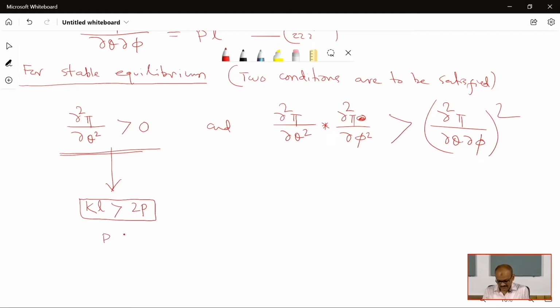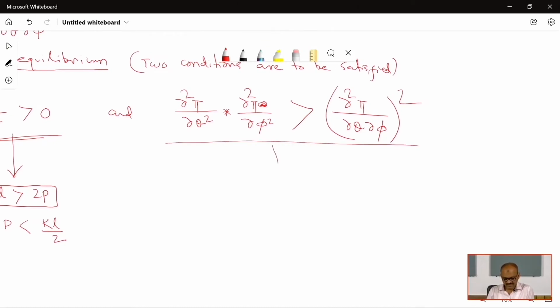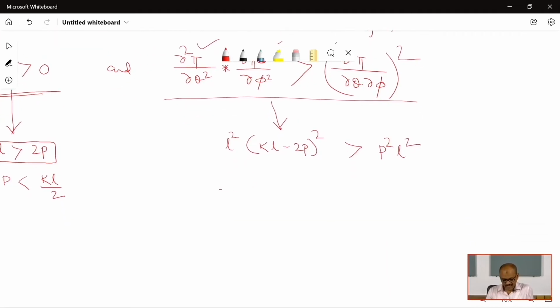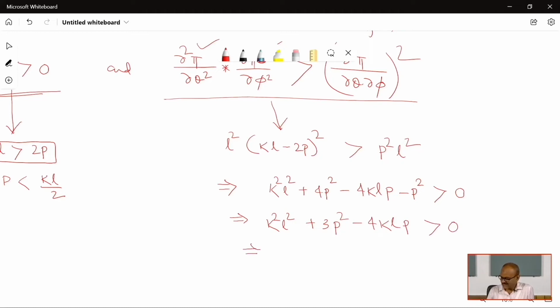Or this P is less than KL by 2. And corresponding to this condition, L square into (KL minus 2P) whole square is greater than P square L square, which implies K square L square plus 4P square minus 4KL into P minus P square is greater than 0, implies K square L square plus 3P square minus 4KL into P is greater than 0,